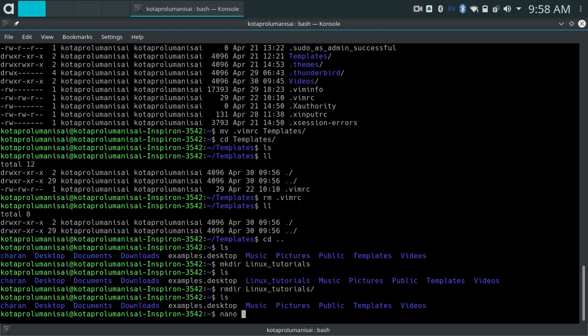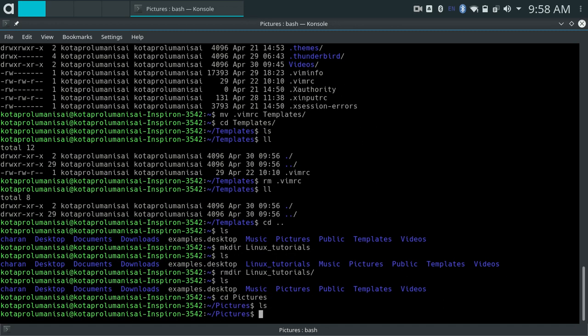Nano is a text editor, and it is used to type any programs, and we will see how to make a text file. We are currently in the home directory, and we are going into Pictures. Now there are no files in Pictures.